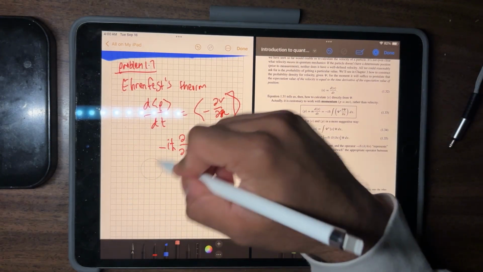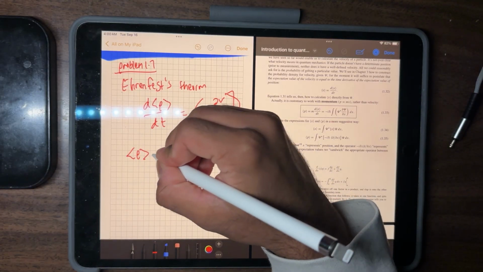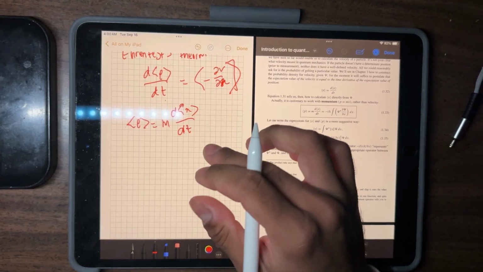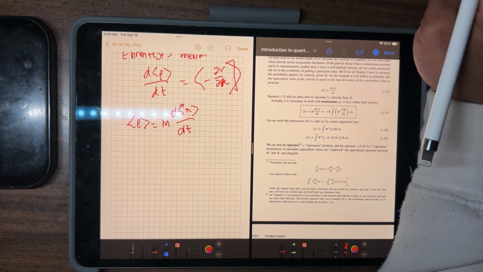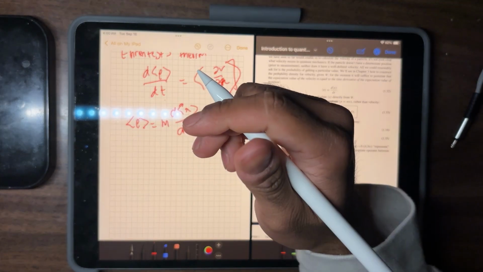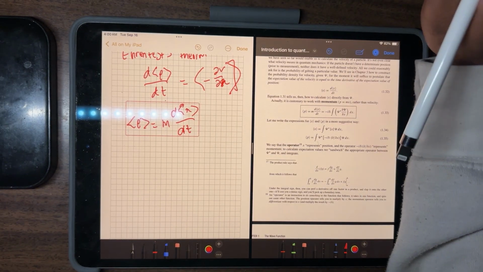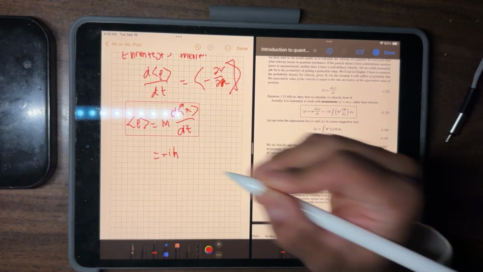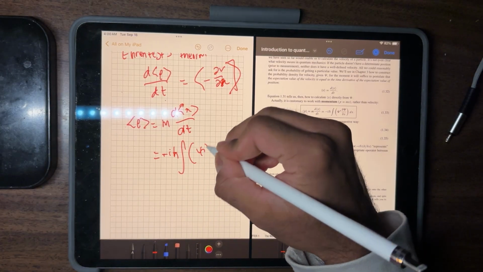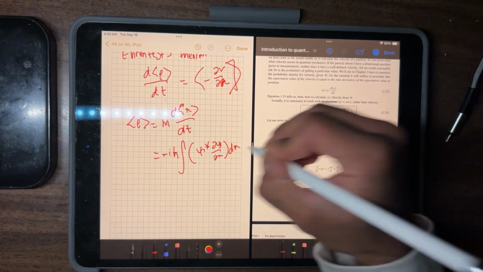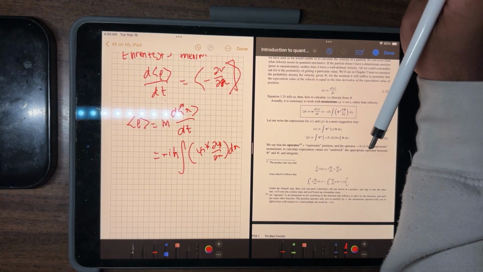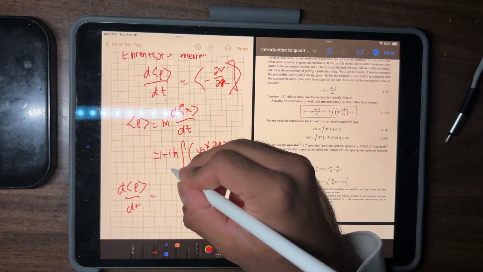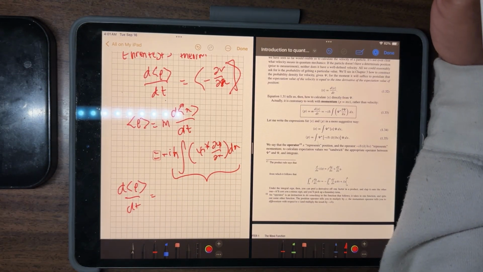Because I know that the expectation value of p is equal to m d expectation value of x by dt, which is simply mv, right? Actually no, let's leave it like that, minus iota h bar psi conjugate curl psi by curl x dx, and then d expectation value of p by dt would mean whatever this equation is, I have to differentiate that,